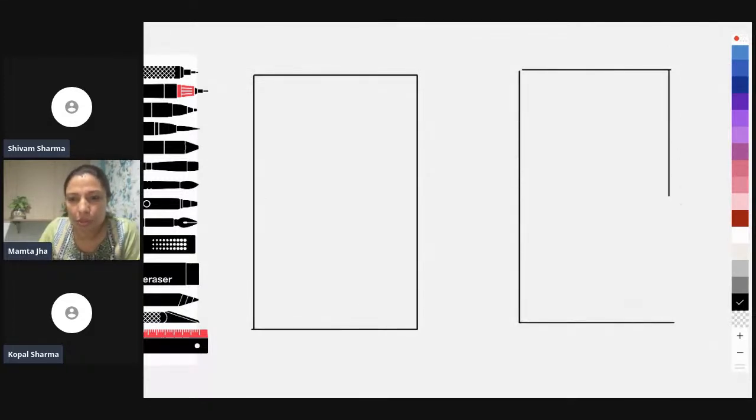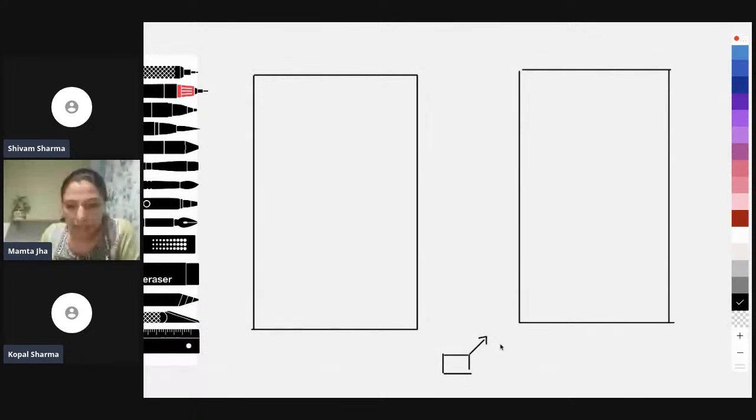So these are the two boxes representing two different things. And down here, I'll make my own laptop. So this is my laptop.